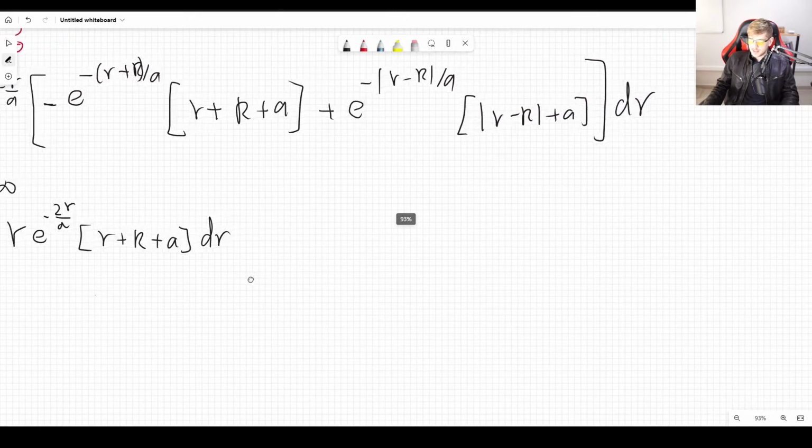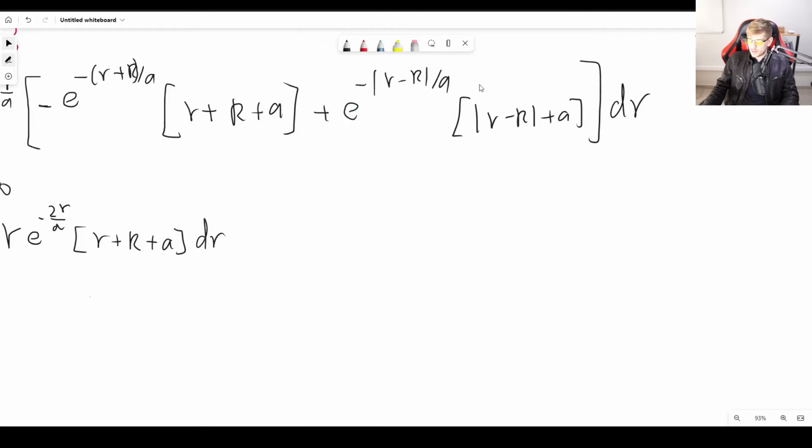Alrighty, next we have the more problematic part, right? We need to split up the integral. This time, let's start from 0 until r. In that regime, small r is smaller, so we have to add the minus sign in front. So that means we get e to the minus this thing. So that minus sign goes away, so we are left with r over a basically, times e to the